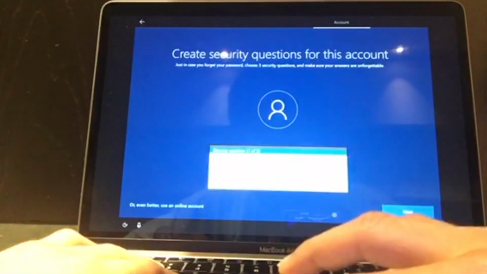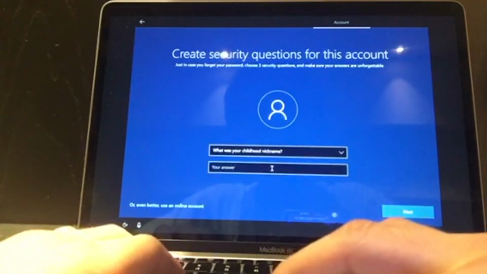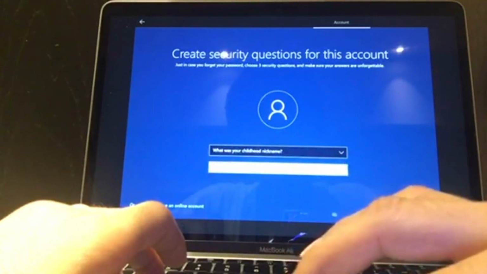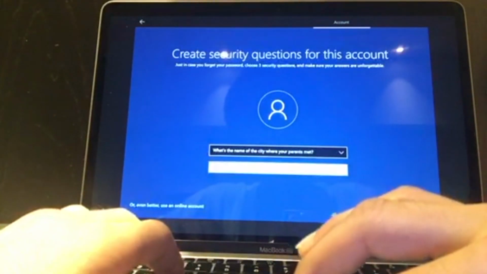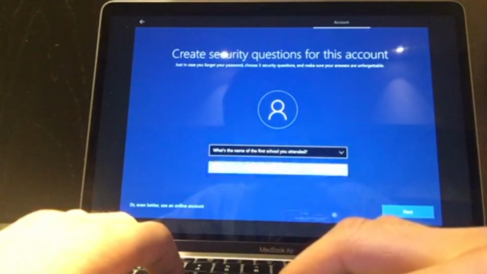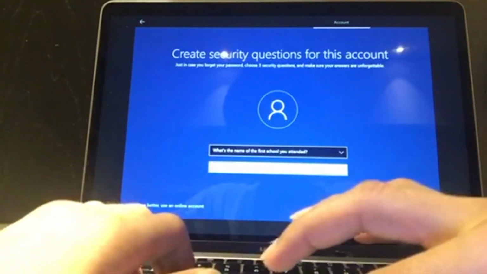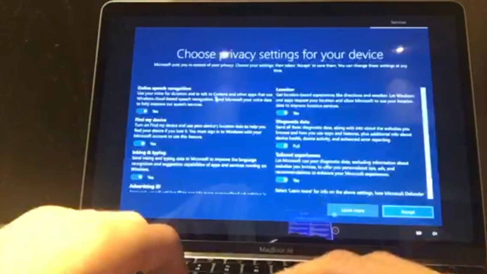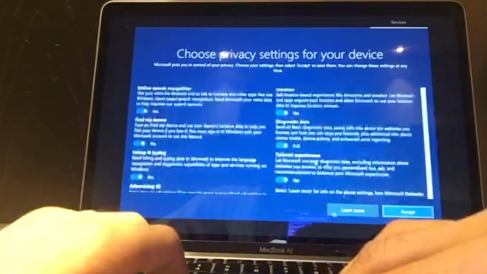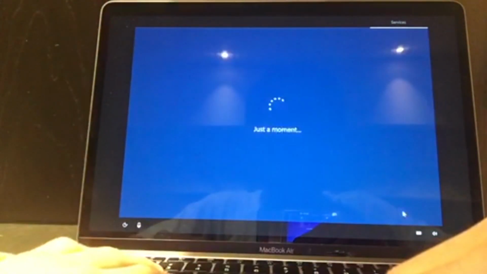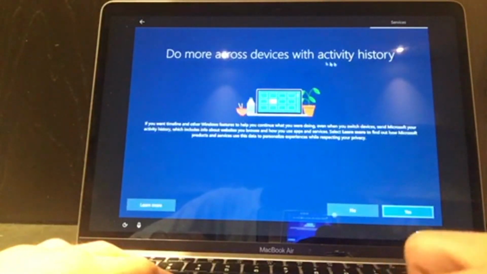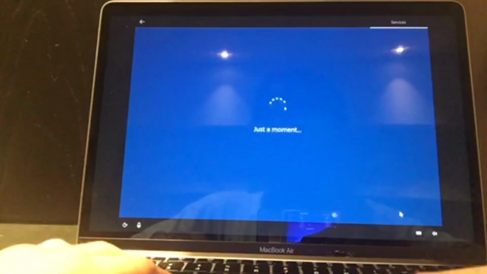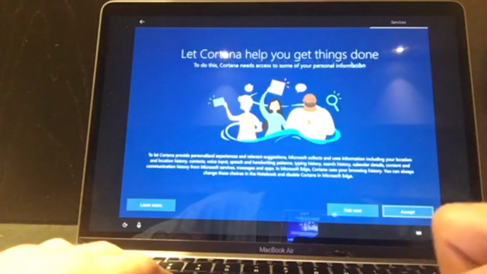Now you have to select 3 security questions and answer them. Now you have to click on accept. Now the computer would ask you to enable Cortana.